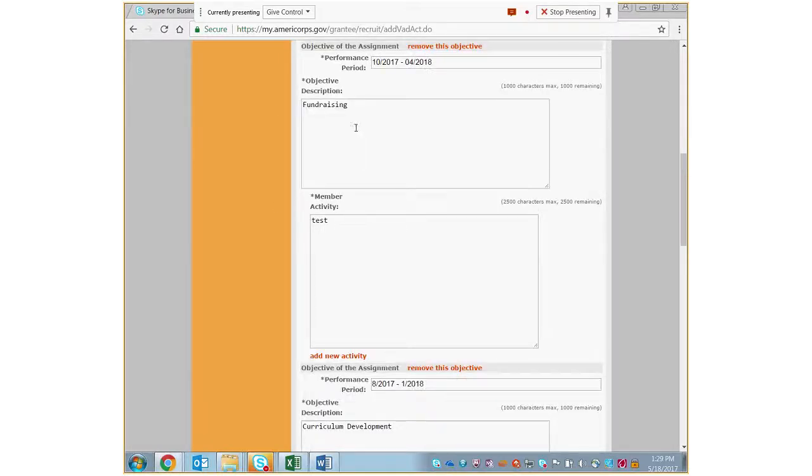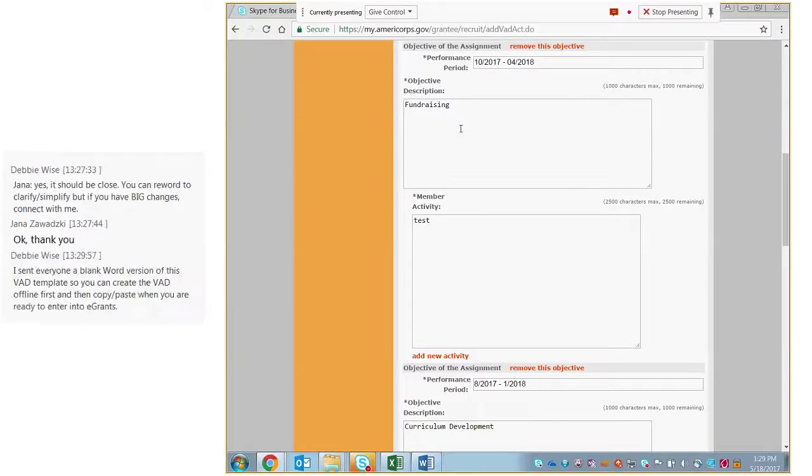So what I'm going to do is show you what it looks like once we submit the VISTA assignment description, but I first want to go through a couple of components of what we're looking for in VISTA assignment descriptions. As I talked about on our call on Monday, there are some specifications and requirements on what members can and can't do during their service. I didn't go into very specific details on the unallowable activities related to direct service, because I knew I could cover some of that today.